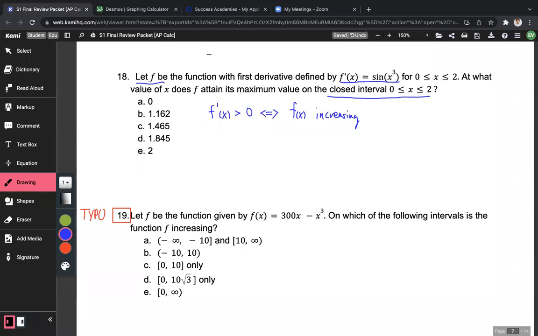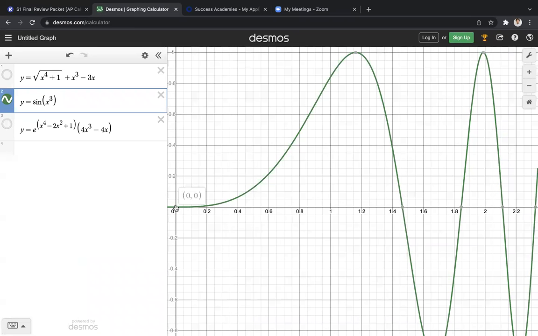So if f of x is increasing to the right of 0, there's no way that 0 can be its absolute maximum, because any point along this interval to the right, we've been increasing. We continue to increase and increase and increase. F prime of x is still positive all the way through here, which means that f of x is just going to be growing. So this behavior continues to happen until we hit